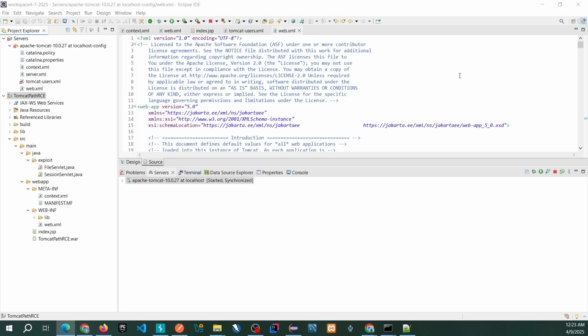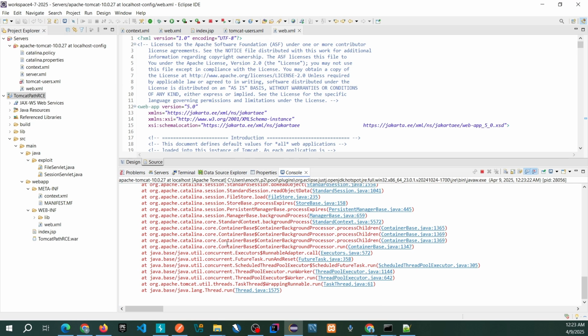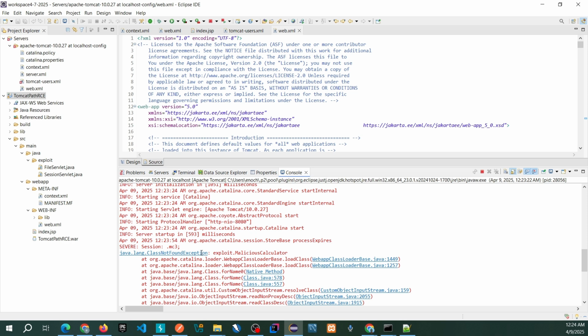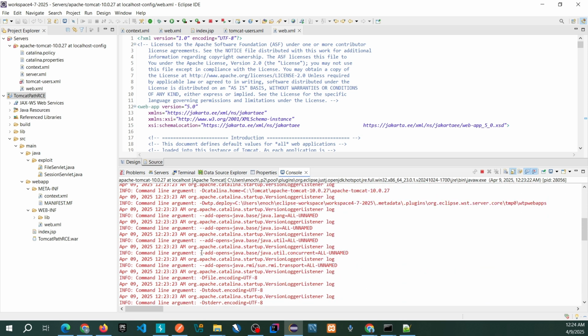I'm still gonna get 209. But if you look in the console, it actually has a different exception now. Class not found. Since it's not able to find that class, there's no remote code execution. You don't see the calculator opening right now because you're missing that. So that's one of the requirements if you're creating a real remote code execution where it executes some kind